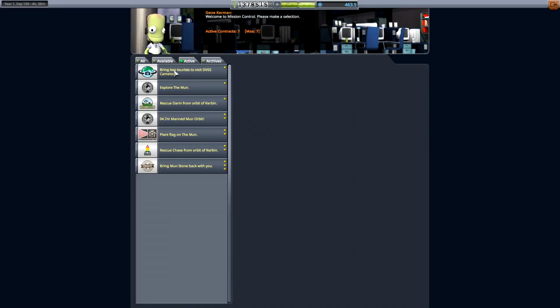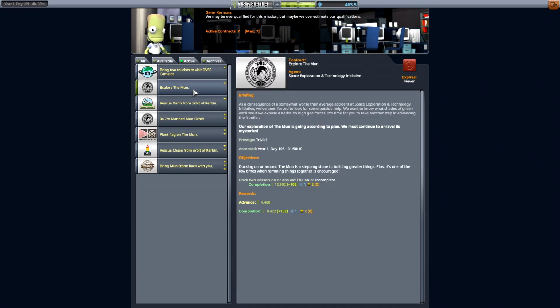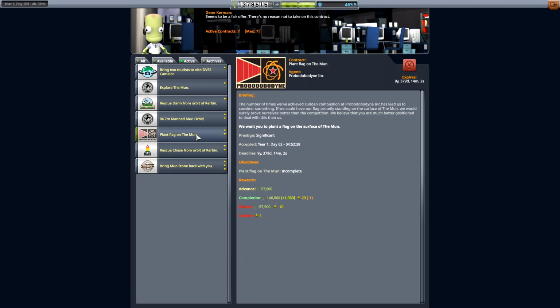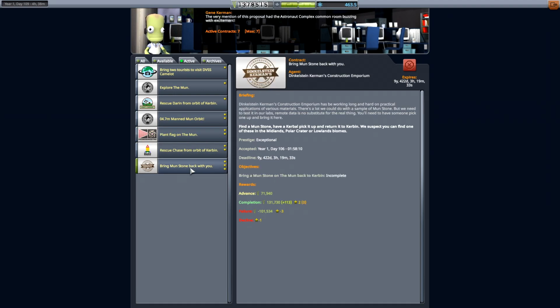And so let's just take a quick look at all the missions we have to do for the moon. We have to explore the moon, which is docking around the moon, which we will do with our lander. We have to do a manned moon orbit. Okay, so we got that mission after we did the manned moon orbit, unfortunately, a couple episodes ago. We have to plant a flag on the moon, and we have to bring a moonstone back with you. This will be the hardest part. So we may not be able to do this